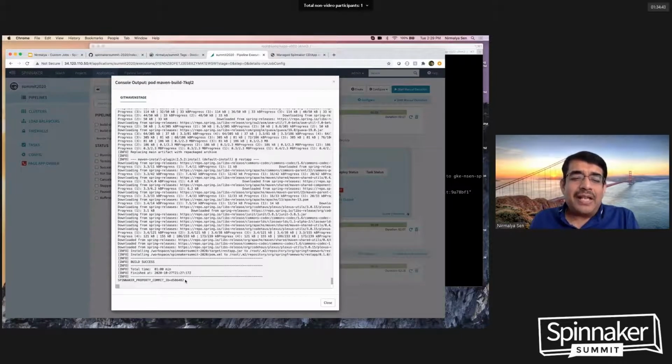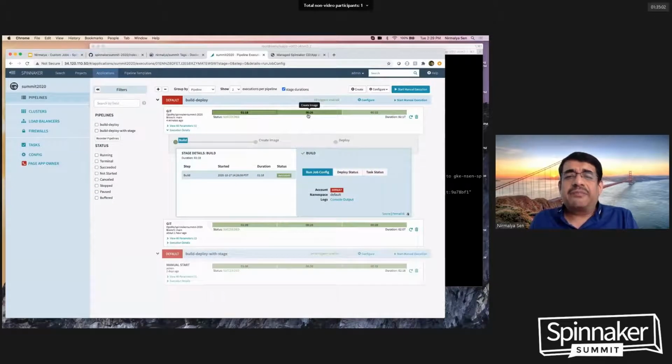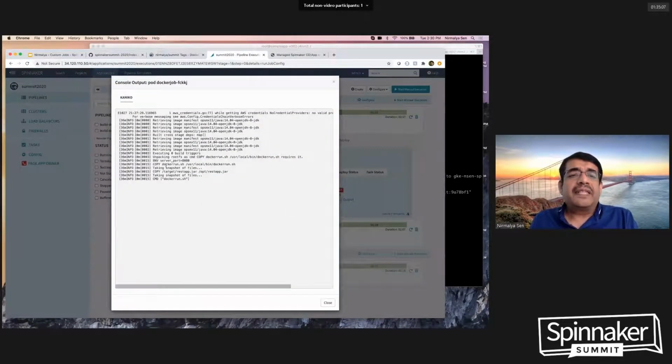And this is where I'm passing the value back. Property commit ID is D58462. I did not read that out correctly. But the main idea is that commit ID is available in any downstream processing. Okay, and we'll see that. Next was this build stage, right? If you go look at the console output, we will see that